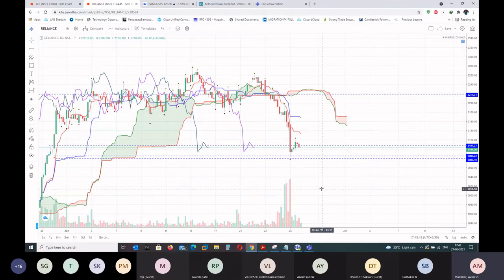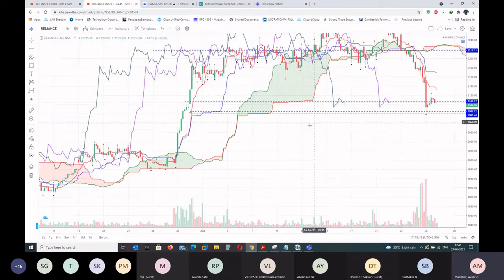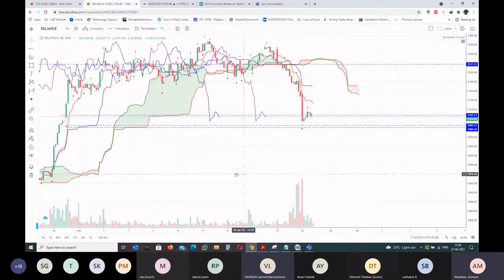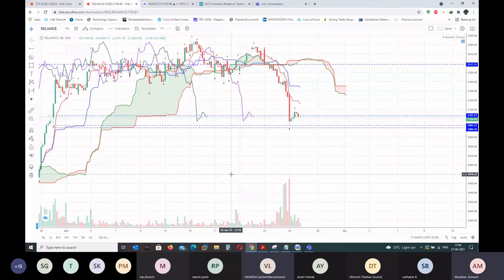The first strategy is the crossover of Tenkan-sen and Kijun-sen. So what do you mean by Tenkan-sen? One more doubt. You said that flat lines will act as support resistance. If you look back on the left side, any flat line will act as support resistance. You said this area is a support zone, so we can see the price action in this area, and if we get any buying signal, we can buy. But on the upside, if Kijun-sen and other periods also form a flat line, it will act as resistance.